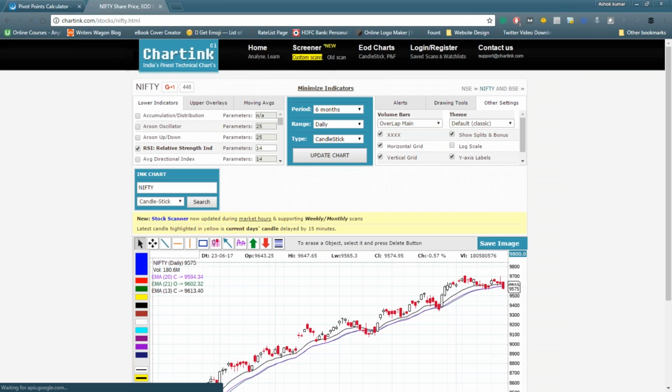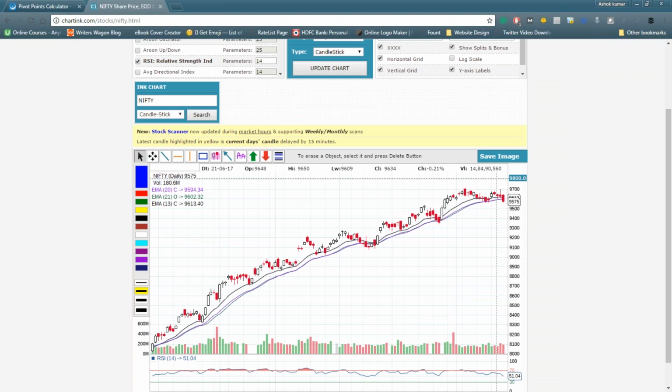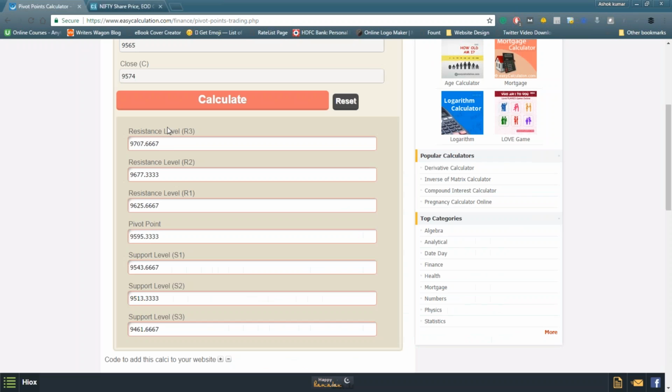If you check this daily chart, this is the zone where it has touched, and the high of the day is 9709. So this is 9699. It didn't go ahead. 9709 is the highest the market has scaled till now. So what is the resistance zone it is giving? 9707.66. So it is very near to 9709, and we already know that this is a very huge support resistance